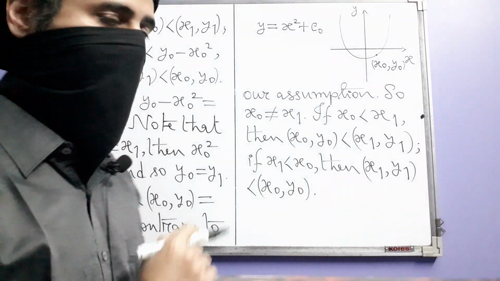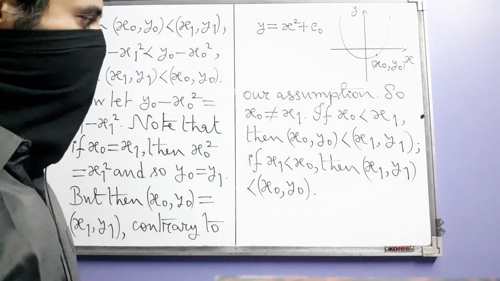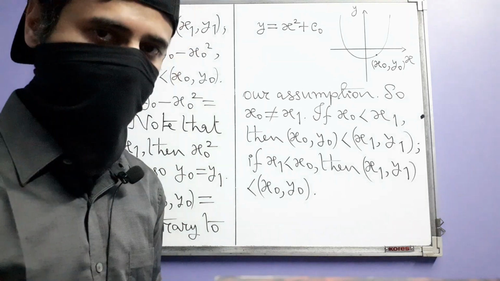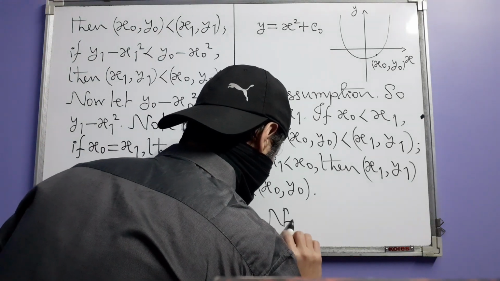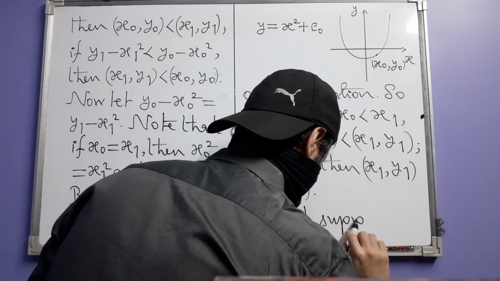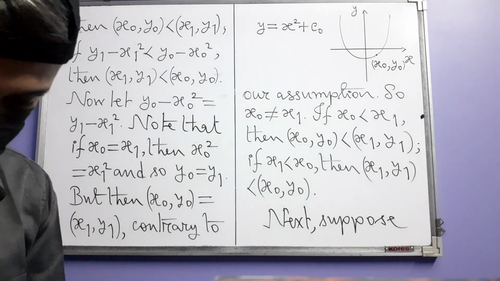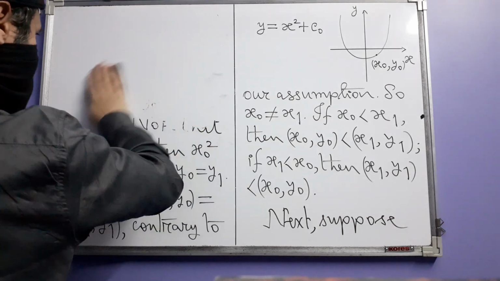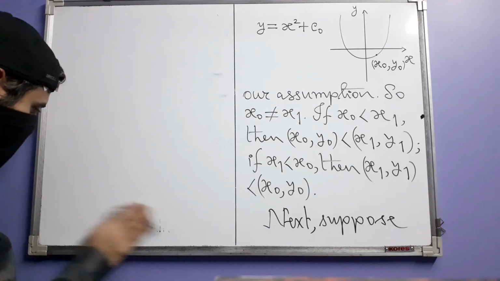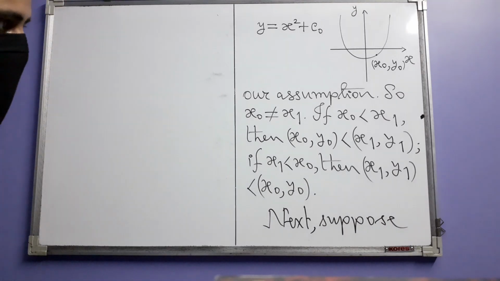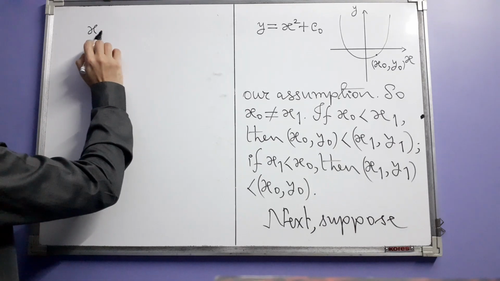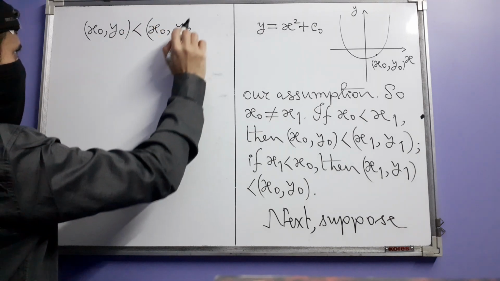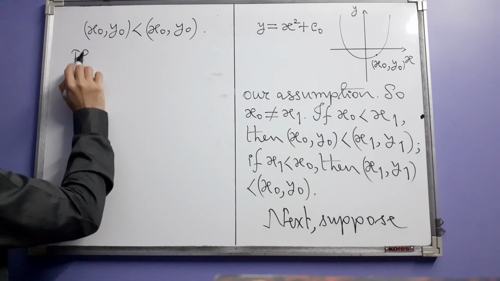Now next we go for non-reflexivity. That means we now have to prove that we cannot have (x0, x0) less than itself, but forcefully suppose that that is true. Next, suppose that this is really less than this, then by the definition